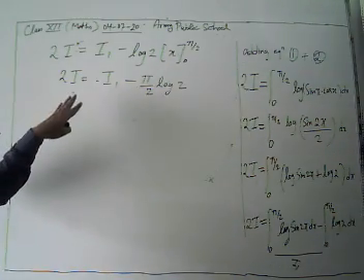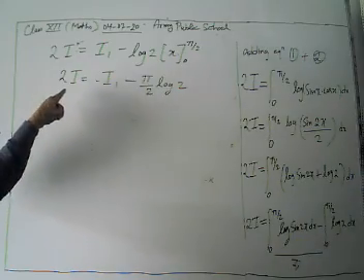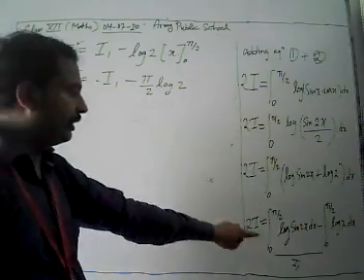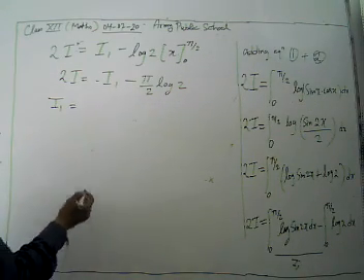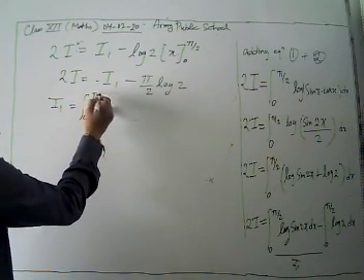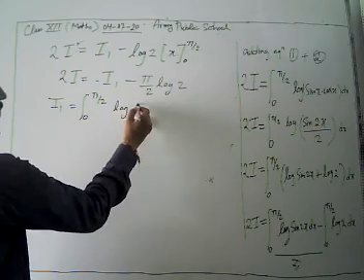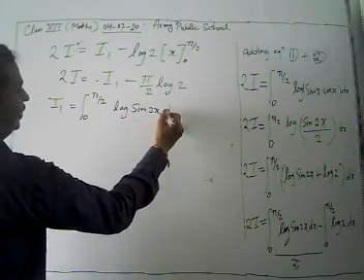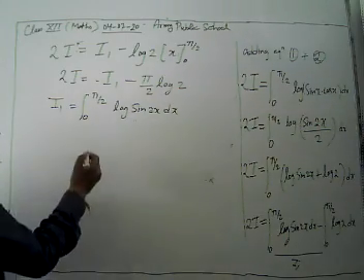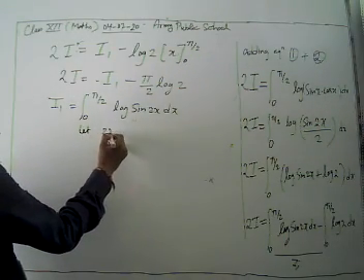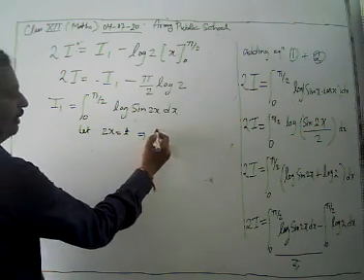Now we get 2I equal to I1 minus pi by 2 log 2, but we need the value of I. Here we are going to integrate I1. What is I1? I1 is the integral from 0 to pi by 2 of log sin 2x dx. We are going to solve it individually. Now look, we can put let 2x equal to t. Then what is dx?